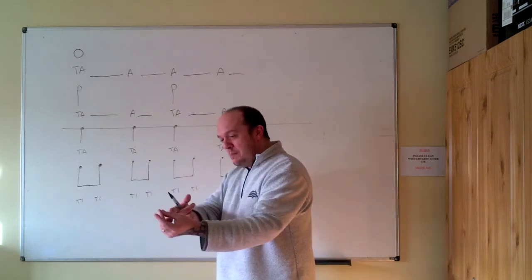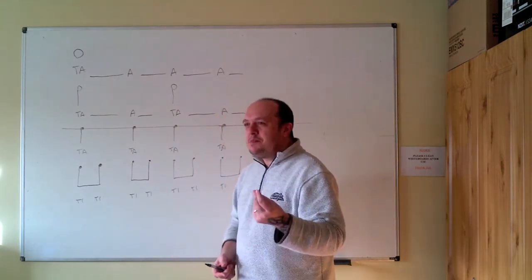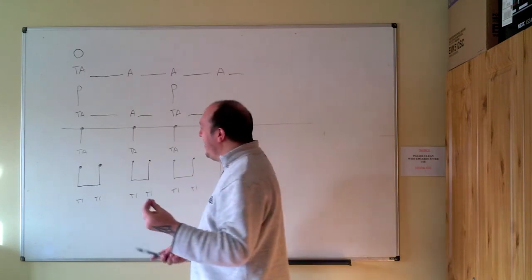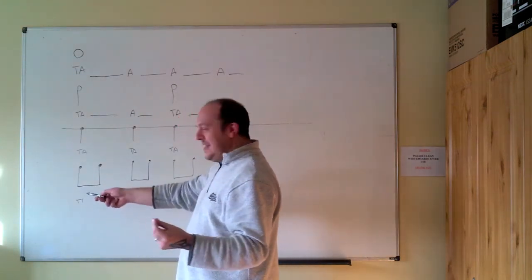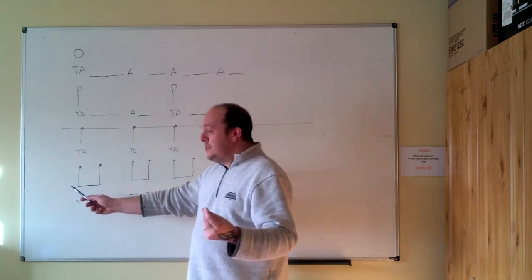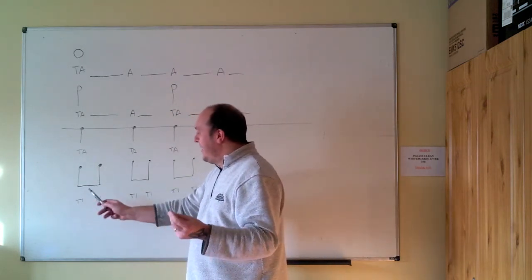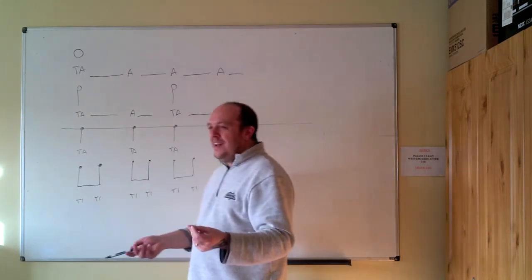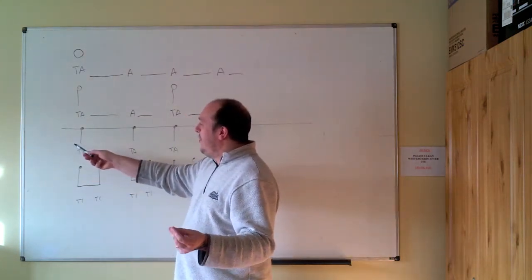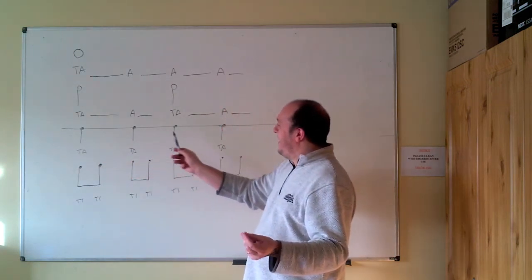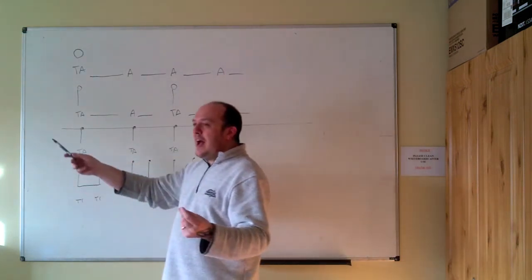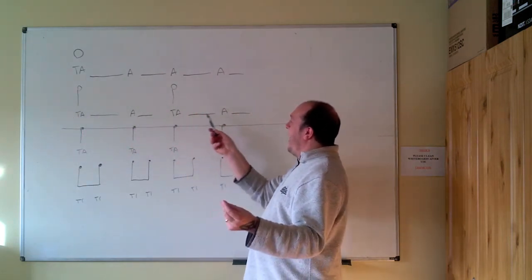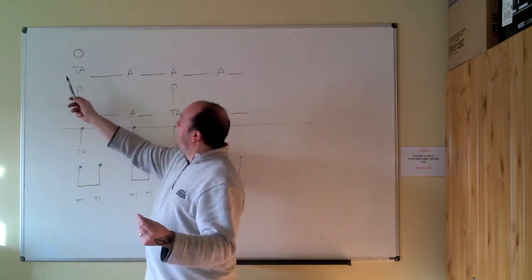So, look, this is our beat, and that keeps us all together, all on the same page. Let's do the eighths. 1 and 2 and 3 and 4 and tick tick tick tick tick tick tick tick. There you go. Let's do the quarters. 3 and 4 and ta ta ta ta. Let's do the halves. 3 and 4 and ta ta. Let's do the whole. 3 and 4 and